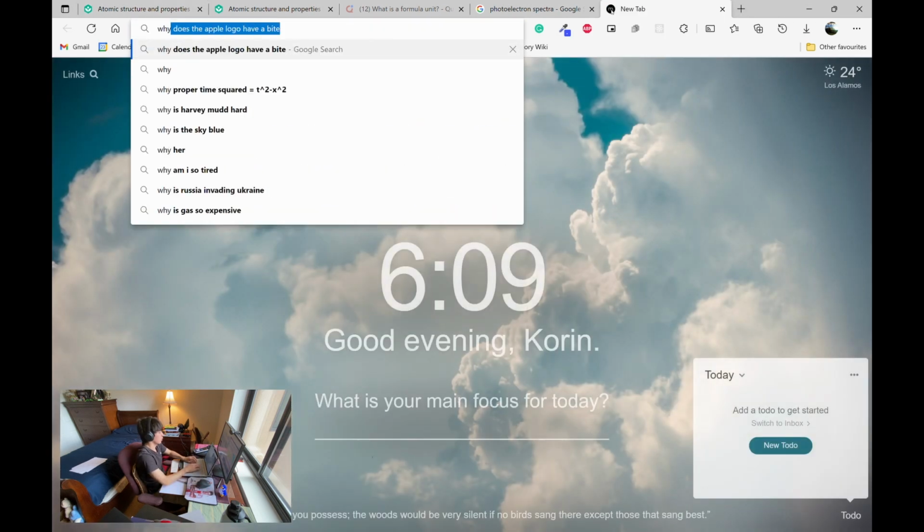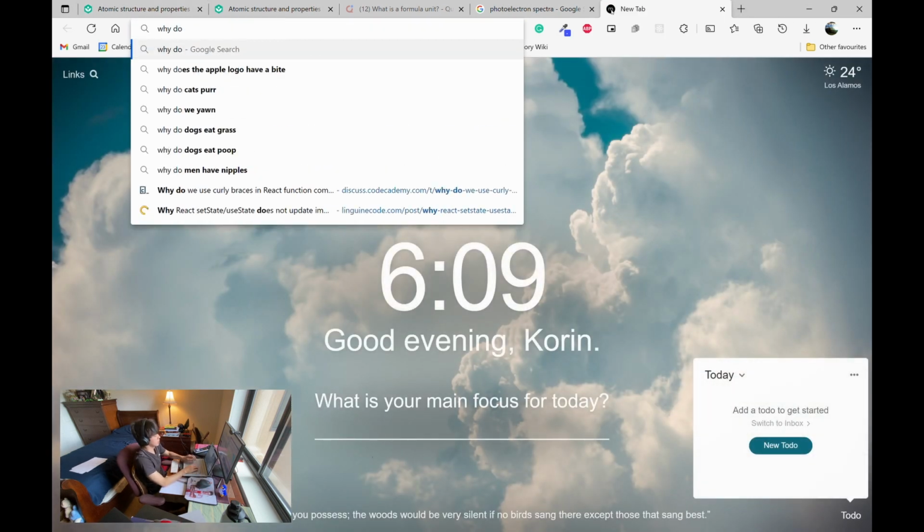Okay, why does the apple logo have a bite? Why do